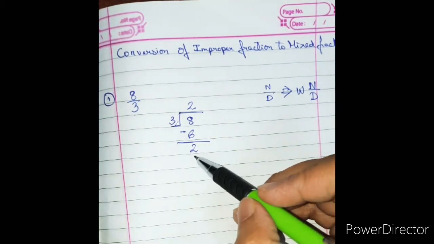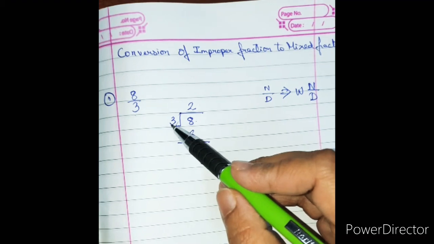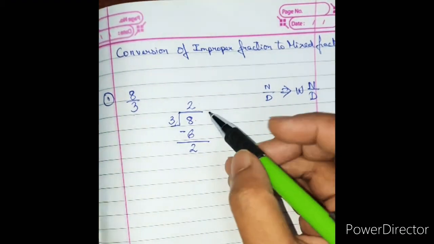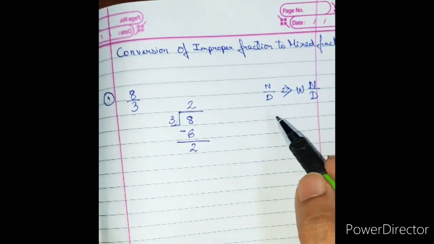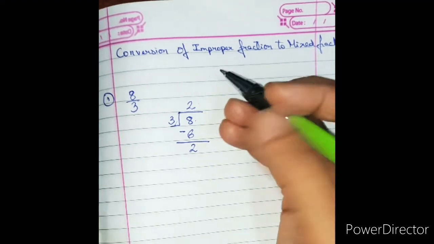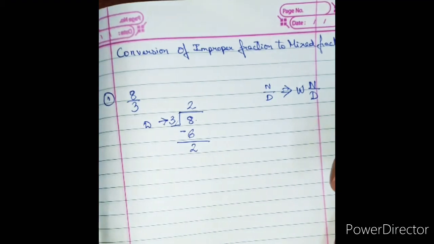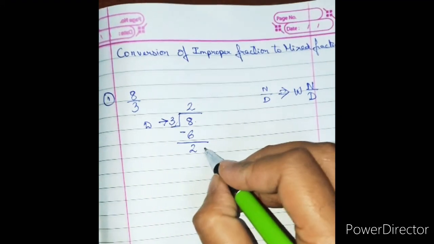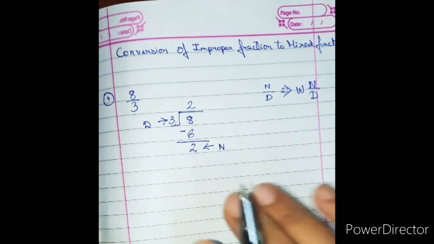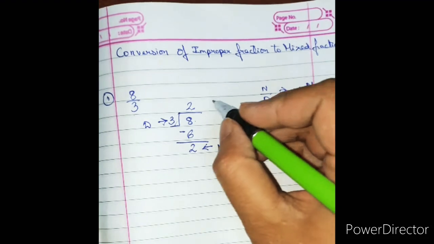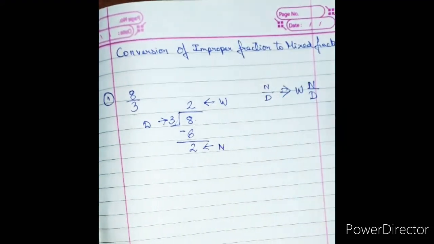Now, this one is called the remainder in division. This is the dividend, this is the quotient, and this is the divisor. Now, let's mark which will be our new numerator, which remains the same denominator, and which one will be the whole number for our mixed fraction. This is d, the denominator. After subtracting, the remainder is the new numerator, something which is remaining. So the remaining part comes in the fraction. Something is already divided. What is that? The quotient becomes the whole number.